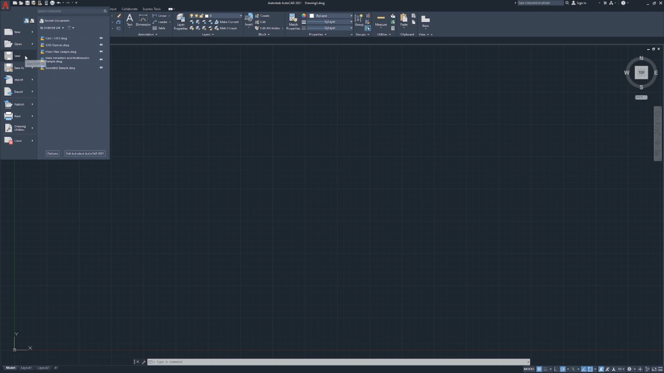You have your basic save button. You have your basic save as button, which has a bunch of different options. I'm not going to touch those right now. You have your import button. You can import PDFs, again, MicroStation DGN format and other formats. You have your export. You have your publish, where you can